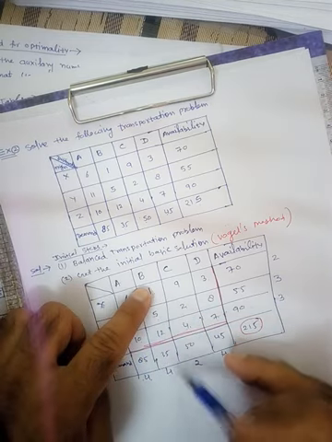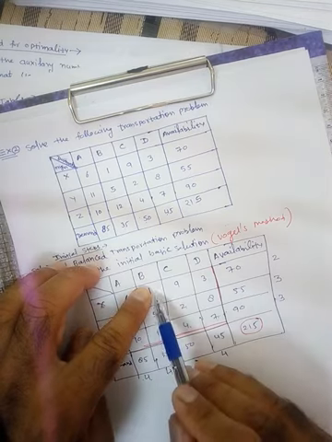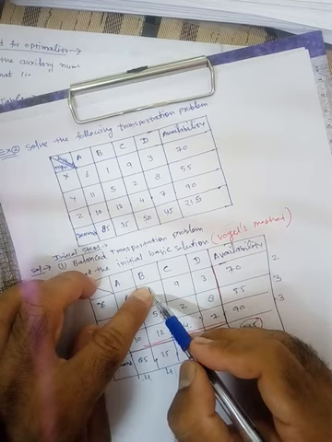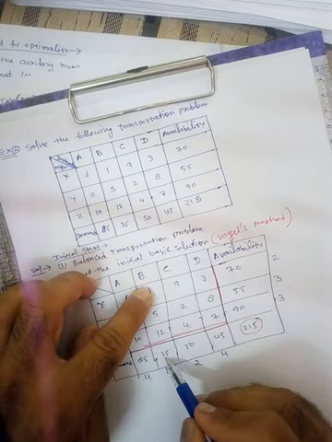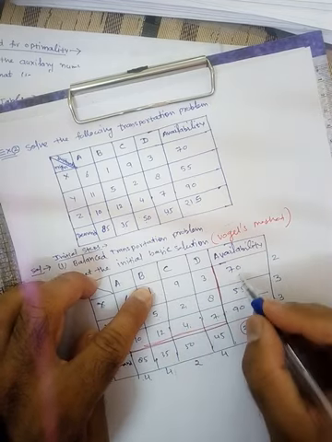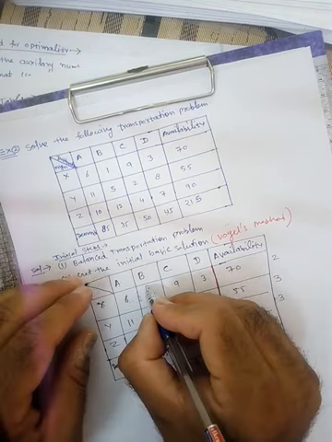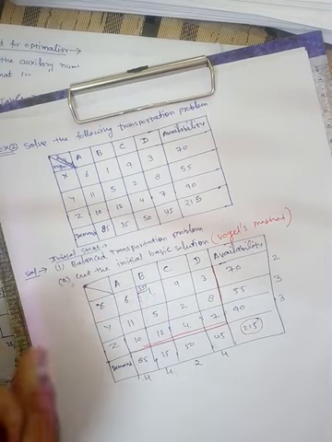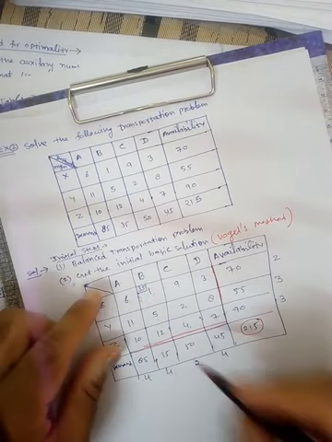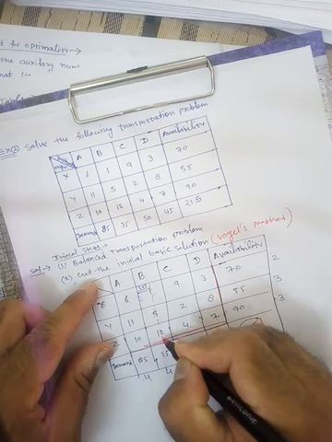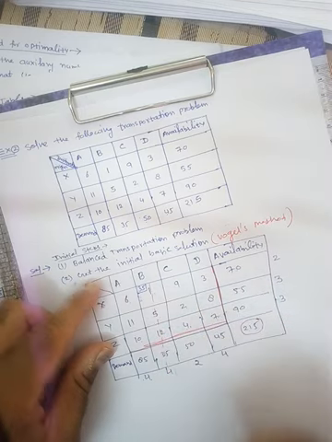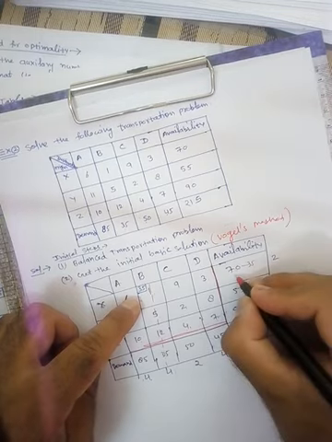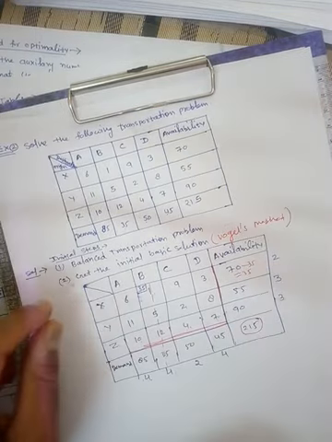So let us take this 4, because this has the least cost. Fine. Now we are taking this 4. Here is 35, here is 70. So the minimum is 35. So allocate 35 units here, and then cross off this column, because all the 35 units are allocated here, and subtract 35 here. So what we get is 35.